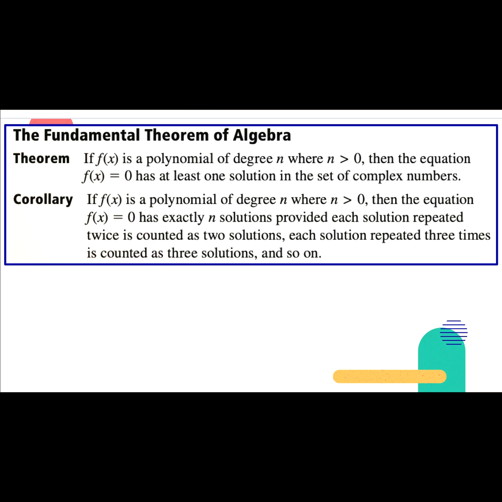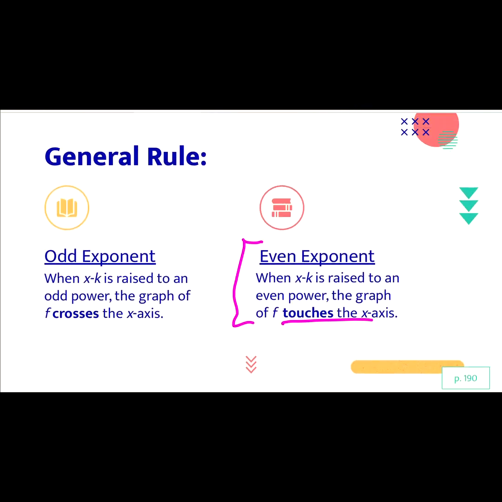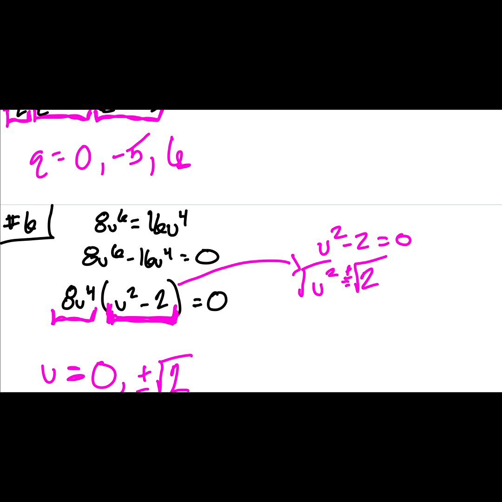If f of x is a polynomial of degree n, so if we have some function that has degree 4, then the equation has exactly n solutions, provided each solution repeated twice is counted as 2 solutions, each solution repeated 3 times is counted as 3 solutions, and so on. So what that means, and we had a good example of it earlier, here,